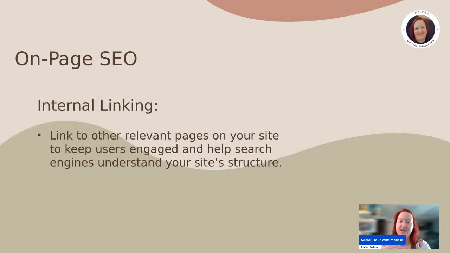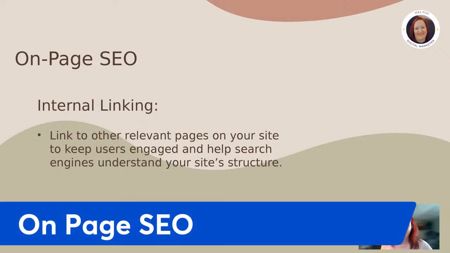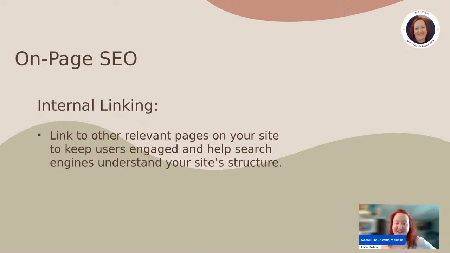But in addition to that, it's helping the search engines understand your site's structure as well. That way, your on-page SEO is ranking. Okay.